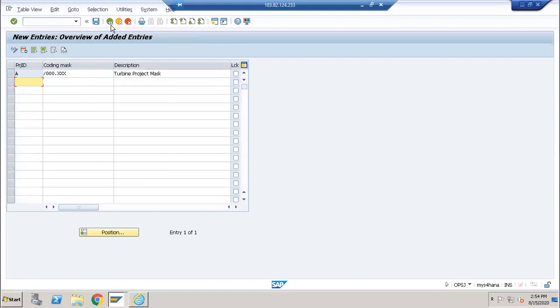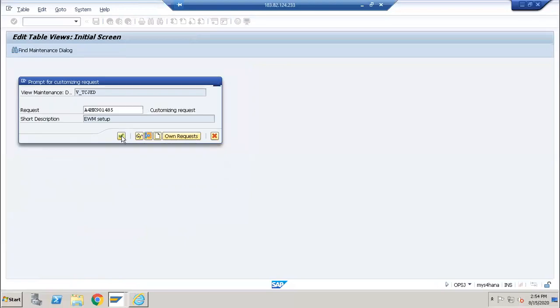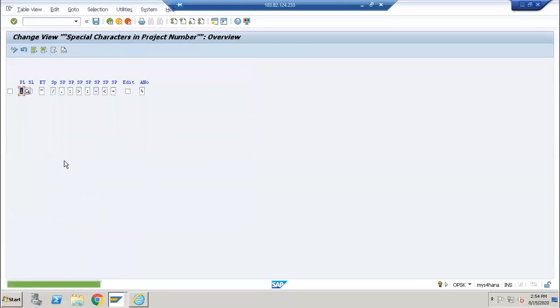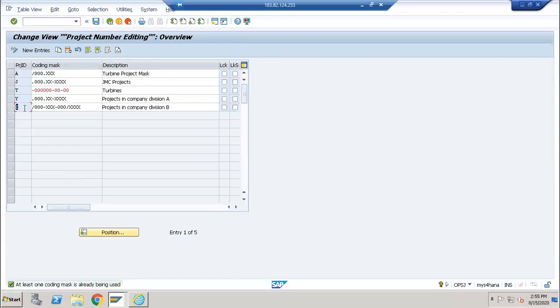Okay, so I will come back to the project. Yeah, so it is showing that project has to be started with a special character, and this is the first length special character. So always it should start with this or this, whatever we have within the SP. Before the grayed out, whatever the variables are there, the special characters, the project should start always with these characters. Okay, and it will be the only one length. So what is the length of the project? So when I go into the project here, okay, here, so this is the length it's showing, project ID with one length.